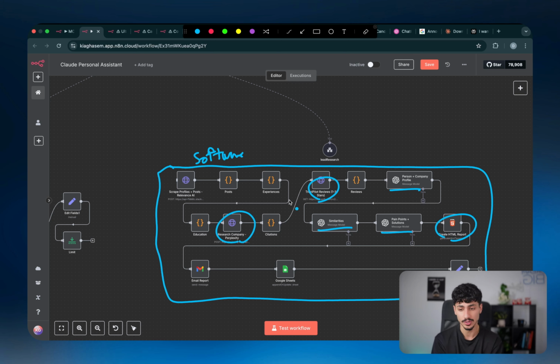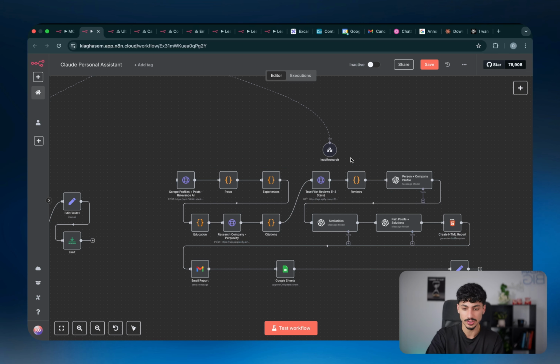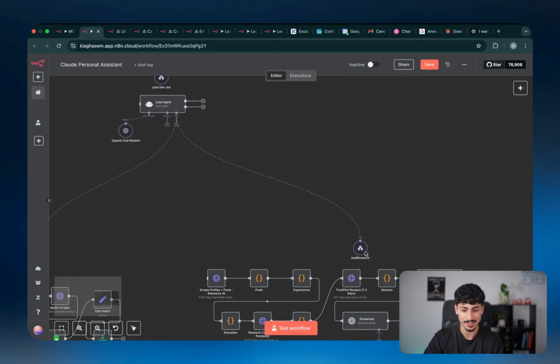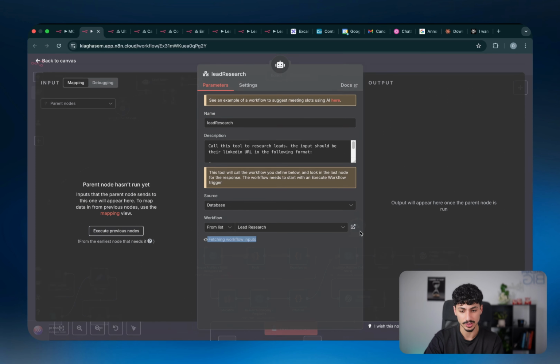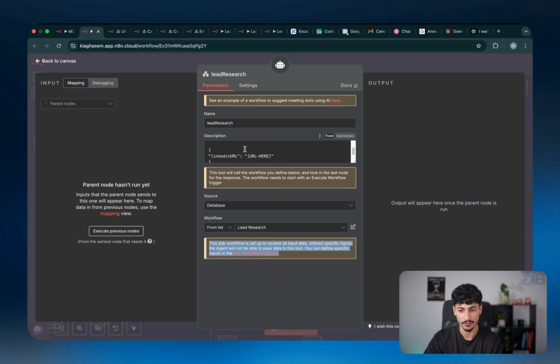So what you do is you'd come to n8n, you would create this exact workflow using the logic that you want, and then you will literally just give the AI agent access to that workflow. So the AI agent will say, okay, I have to call into this workflow, and it knows what that workflow does because you gave it a description, and it knows how it's meant to call on to the workflow, which in this instance, we said all you have to give it is a LinkedIn URL.